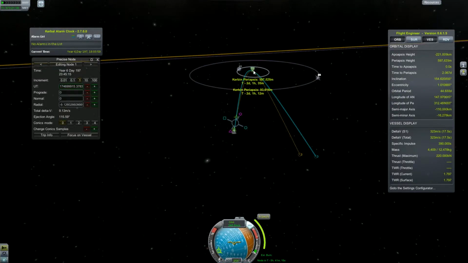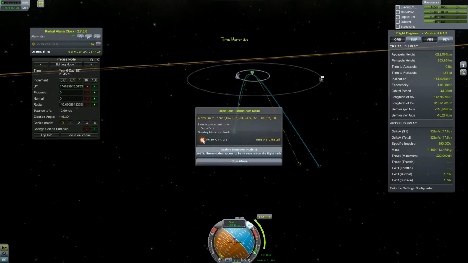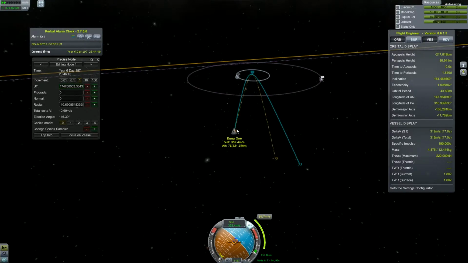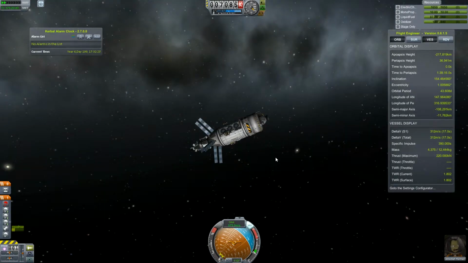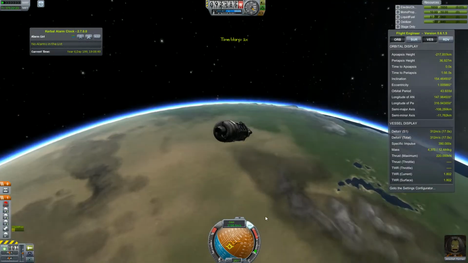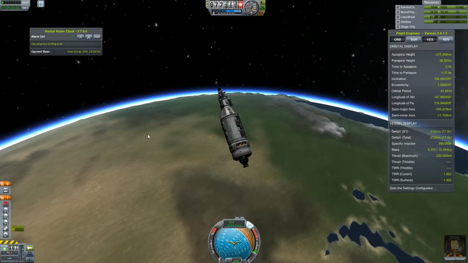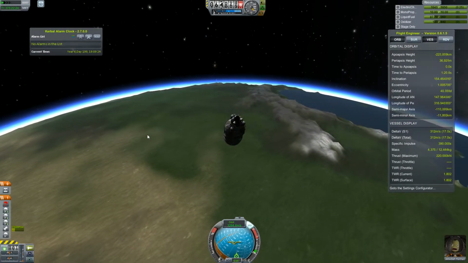And here we are. All we have to do now is alter our approach to make sure that we get into the atmosphere and return home. Perfectly done. All we have to do now is aerobrake and land. Our periapsis is not as aggressive as we usually do because our ship is a bit heavy